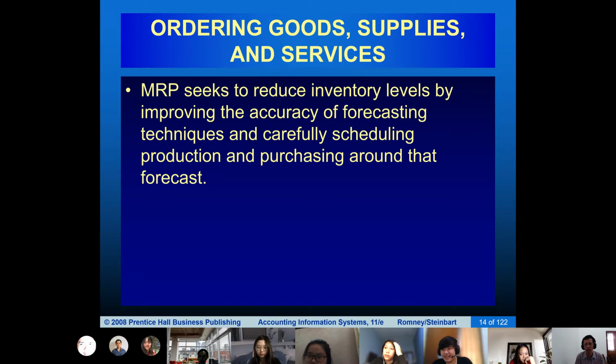The better your forecast, the more precise it is, and then the difference will be negligible. So, for example, instead of having 100 units as safety stock, we can have only 10 as safety stock. It will not make safety stock zero, but at least it can be reduced to very, very minimal with MRP.